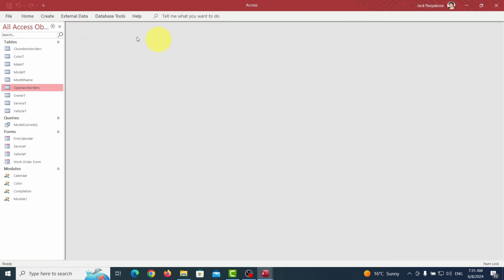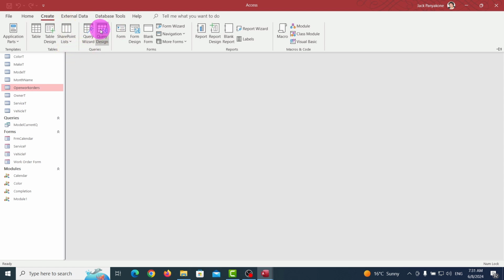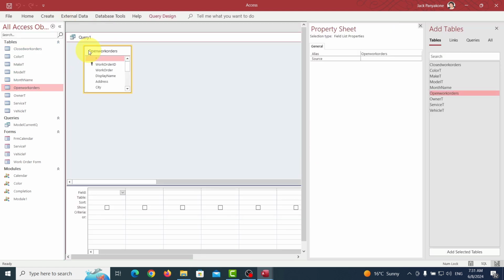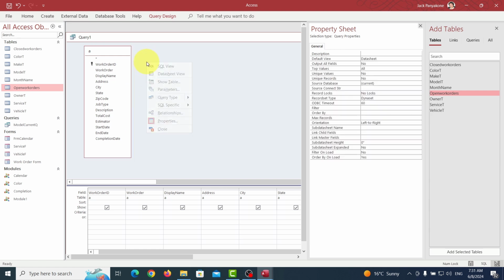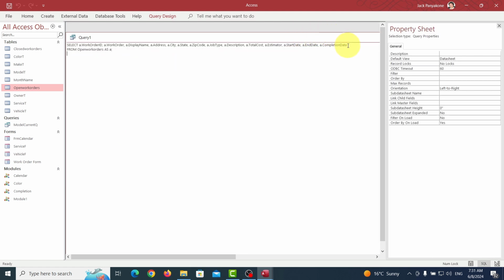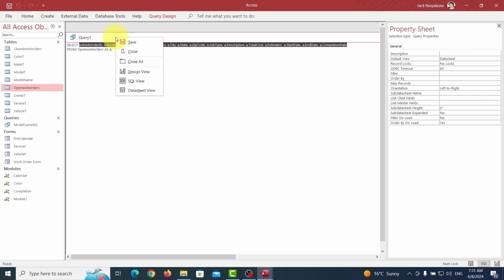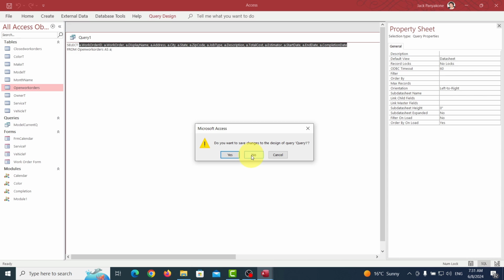The second thing that I want to do is grab those variable names. Let's do this. I'm going to pull that guy over, and the first thing that I'm going to do here, see this alias? I'm going to change that to an A. This makes my life easier. I don't have to remember that long name. And I'm going to grab everybody here and drag it down there. Now all I need is just this line right here. I'm going to copy that, and I'm going to close that guy without saving,